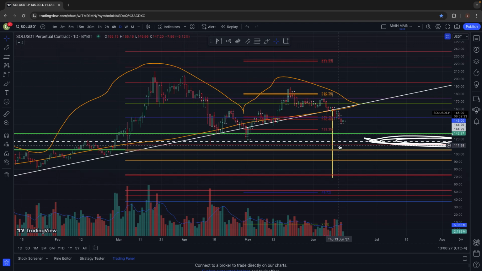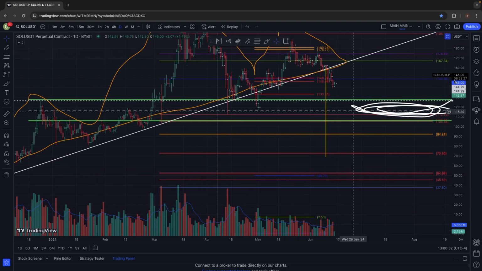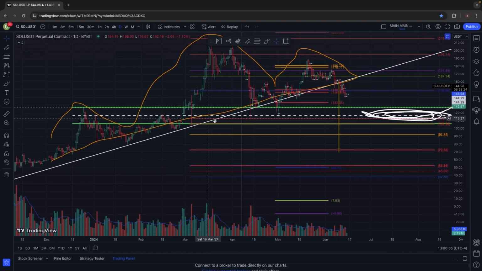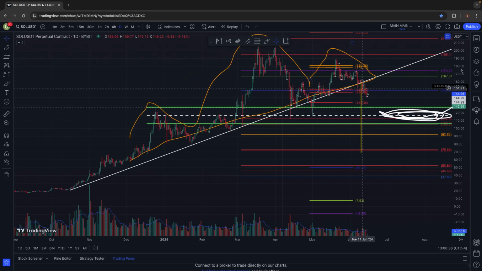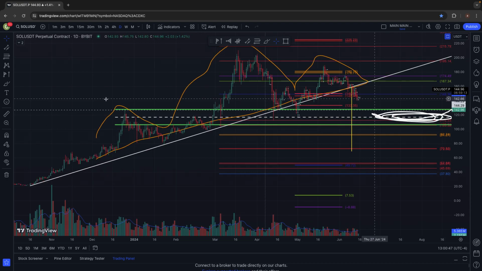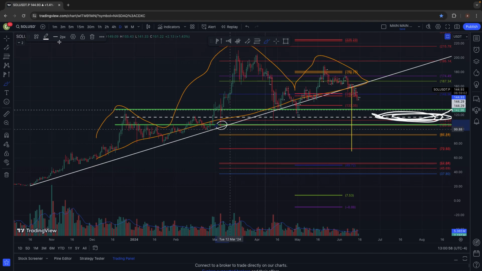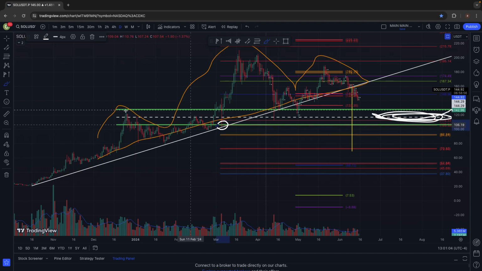Expecting these wicks on the daily to actually act as support moving forward in an uptrend. Now I know we're breaching this retail white trend line, but the white trend line was just a guide. We're still putting in higher lows, and that's all that matters to me. In this sequence of wicks, this was one guy, whoever did whatever they were doing, it's not our prerogative to know. The point is that the selling was halted at this level, and the level is the previous